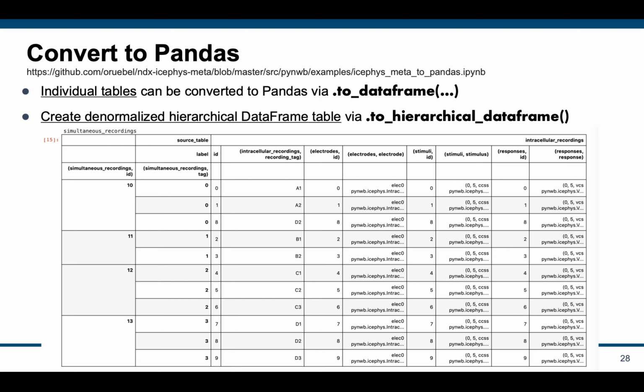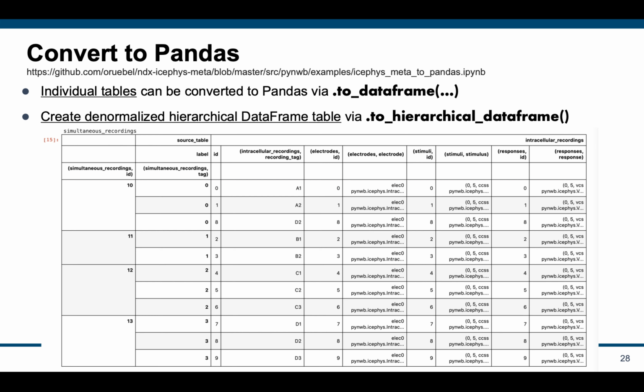But it also supports the creation of normalized hierarchical data frames via the toHierarchical data frame function. What this means is that the function collects all the data from all the tables that are being referenced by the current table. So in this case, we have the simultaneous recordings table, which references the intracellular recordings table. And so when we call toHierarchical data frame on that function, you can see that it creates for us a